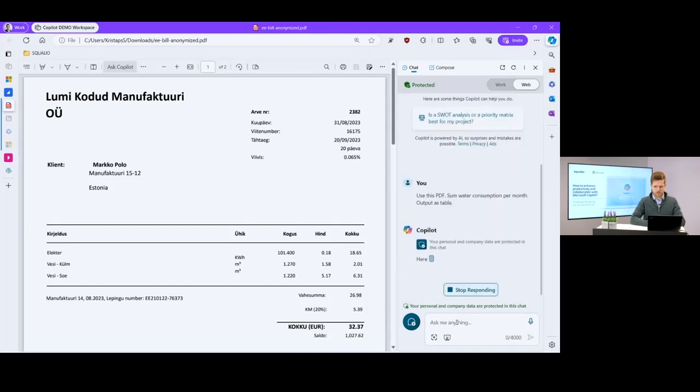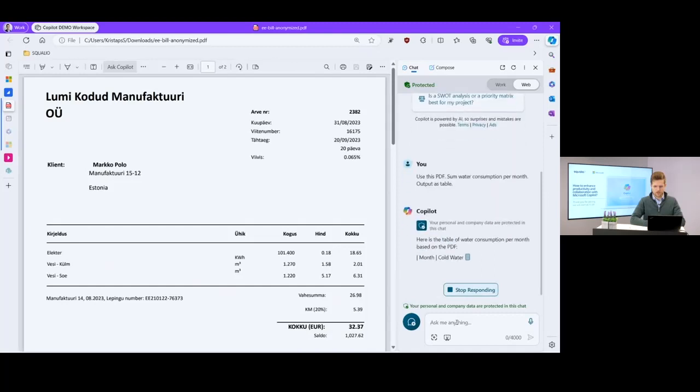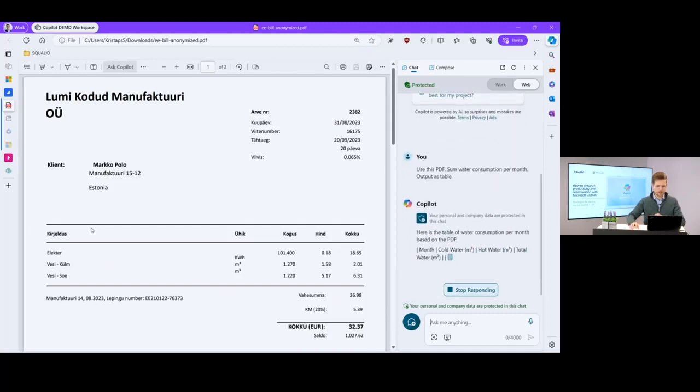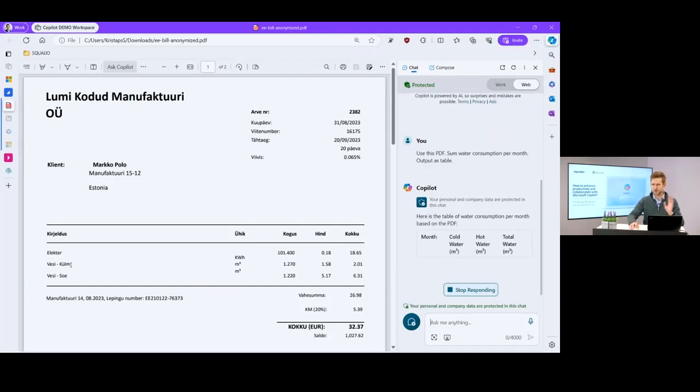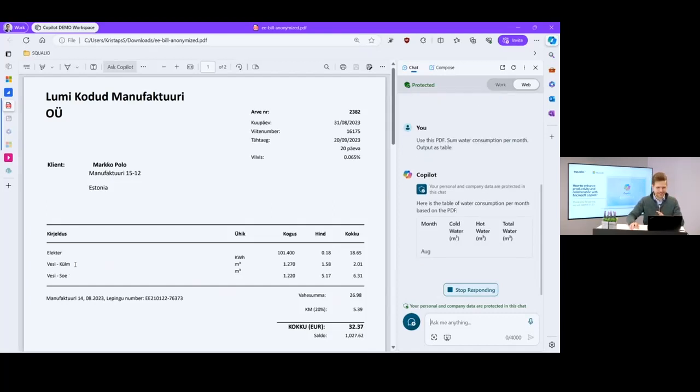And it will also understand that there's the hot water. There's the... I hope that one is hot water. I'm from Latvia, by the way. This one is hot. This one is cold. And